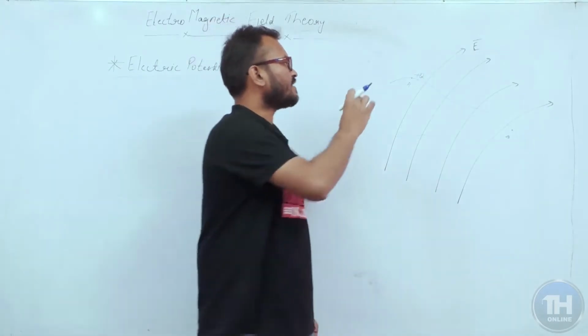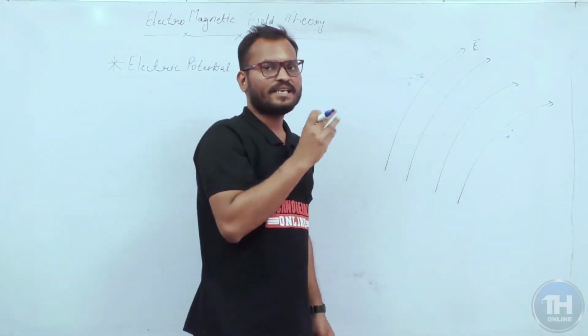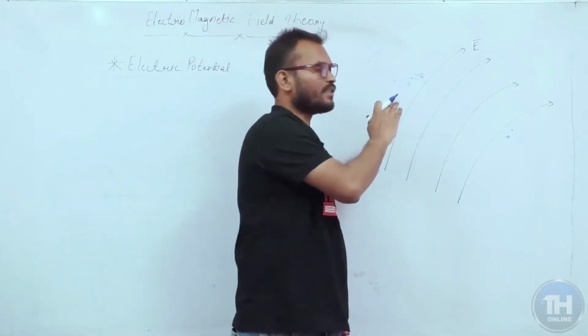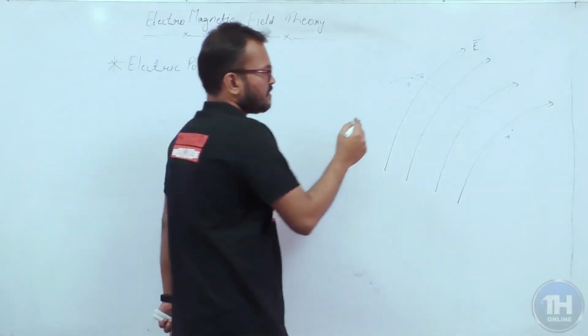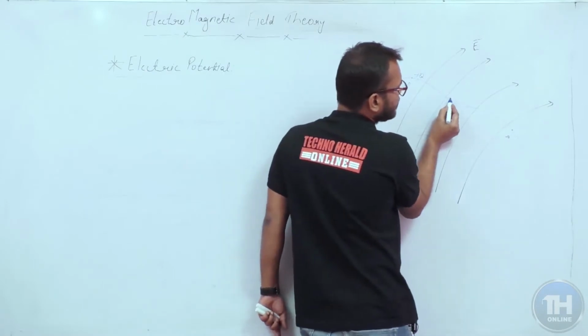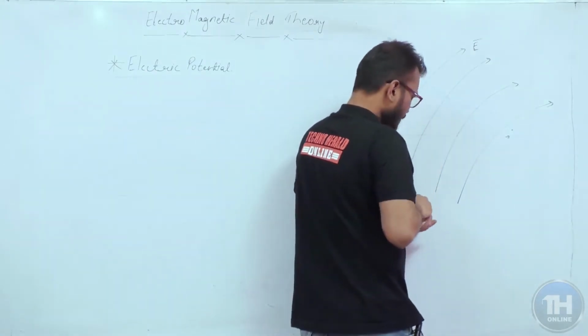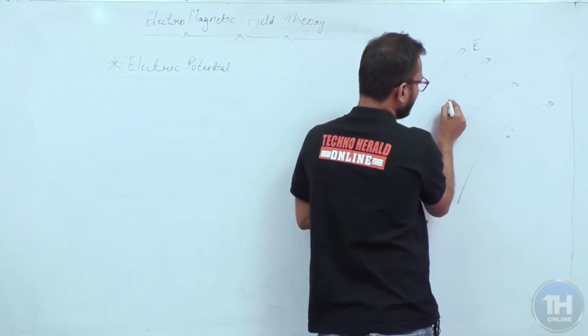Whenever it restricts its motion, the external agent needs to do work in order to move this plus Q charge. So suppose that this is an elemental length dl